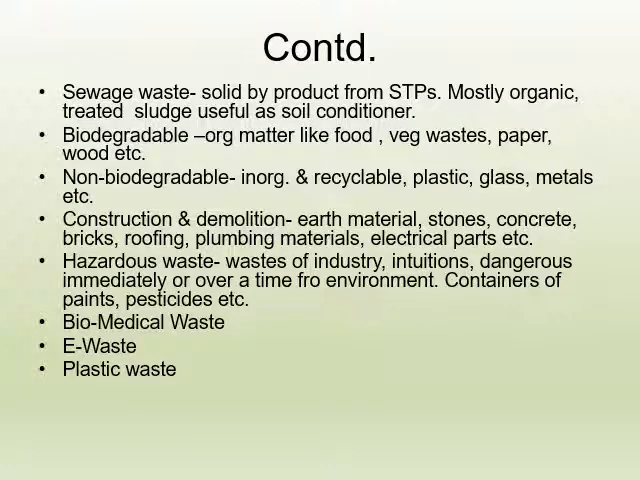From this typical type of construction and demolition activities, some earth material, maybe soil, maybe broken brick, some aggregates, stones, concrete parts, roofing material, plumbing material like pipes, PVC pipes or cast iron pipes, and various types of joints, electrical parts, etc. will be produced. Hazardous waste will depend on different types of industry, and institutions may be dangerous immediately or over